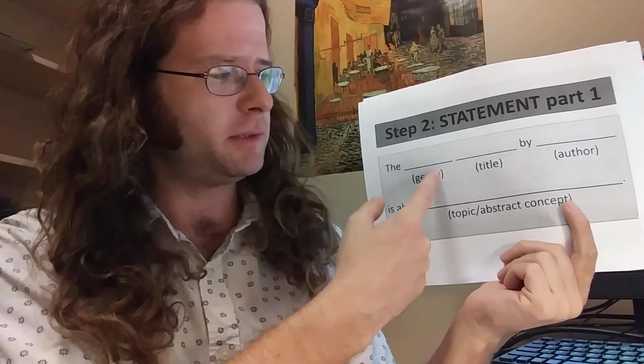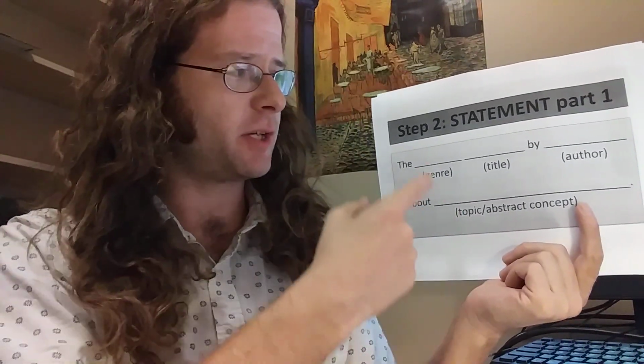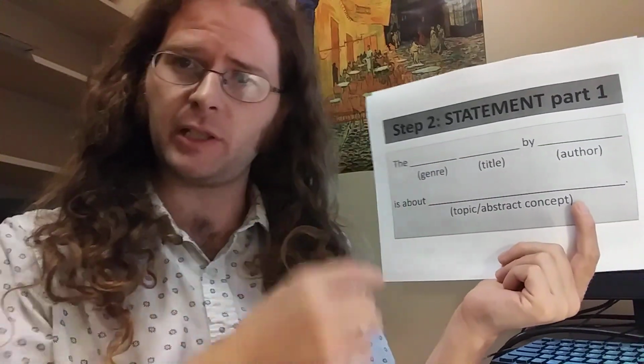Step 2 is to add the title of the work. You can ignore this aspect of genre right here. It's not relevant to your course. To add the title of the work: if it's a short work, it'll be in quotation marks. If it's a longer work, it'll be italicized or underlined. Then you need to indicate the author's full name. You should always address the author by his or her full name or last name. And then the work is about, this is where you put that one word thematic topic right here. So, for instance, Raymond Carver's Cathedral is about loneliness.